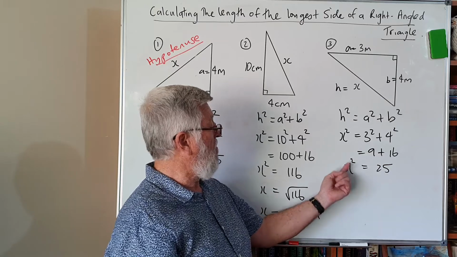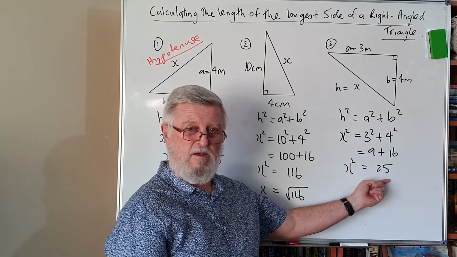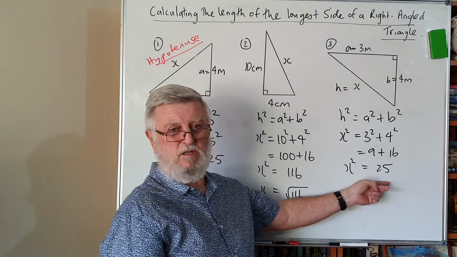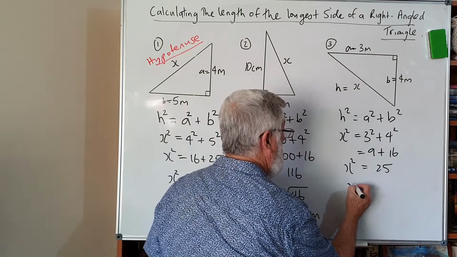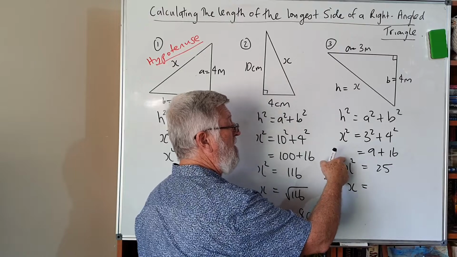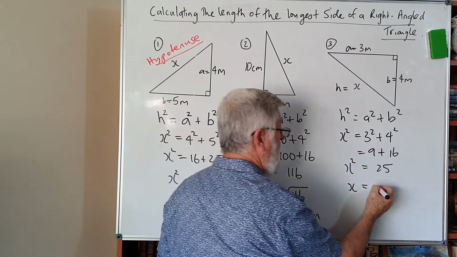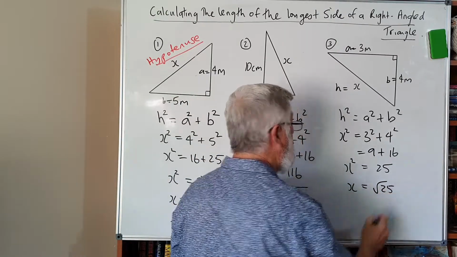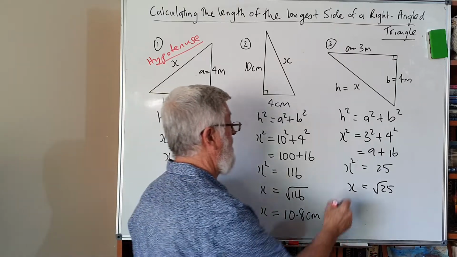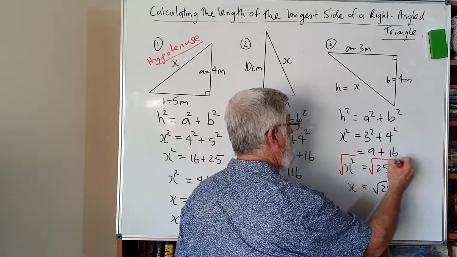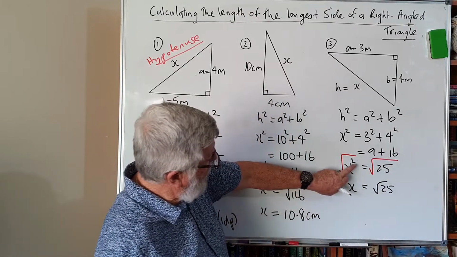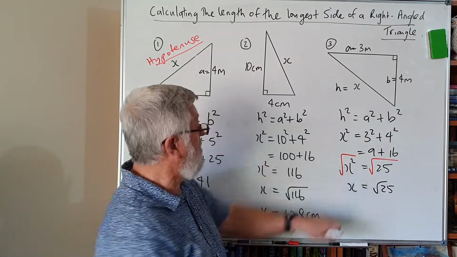What number times itself will give you 25? And a lot of you would be instantly thinking, well, it's just 5. Let me write it properly. If I want to get rid of a square, when I've got an equation, I get the square root. I could be fussy and say this once. If I get the square root of this side, I get the square root of that side, and these are called square, so they're called square